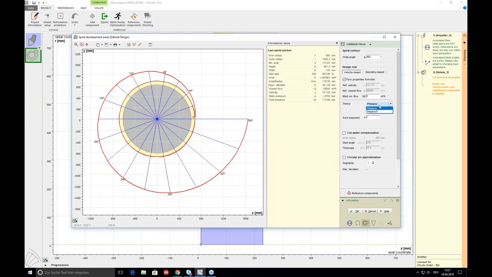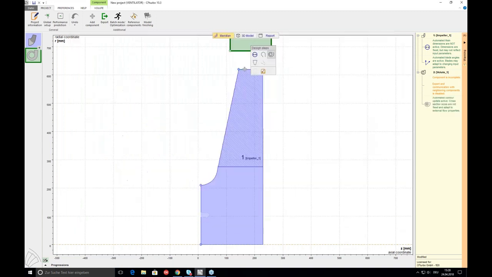And there are again some rules implemented, such as the Pfleiderer rule or the well-known and established Stepanov rule. And you can change the swirl exponents, for instance, if you go for the Pfleiderer rule. But you can also do a geometric-based approach, where you just define, for instance, a final cross section, and then a cross section distribution between wrap angle 0 and wrap angle 360. I stick to the Pfleiderer,